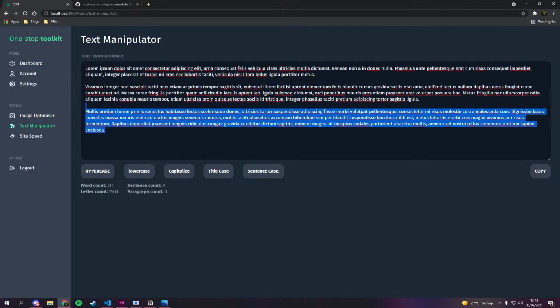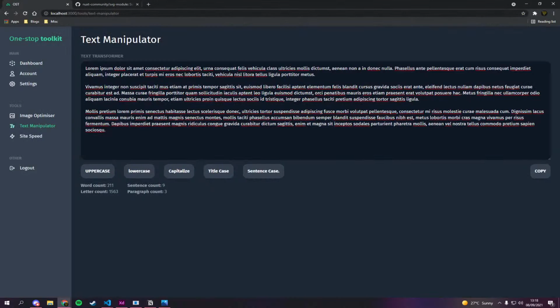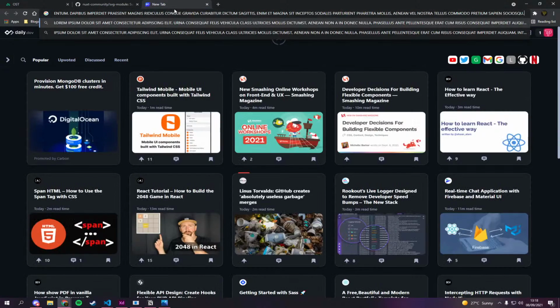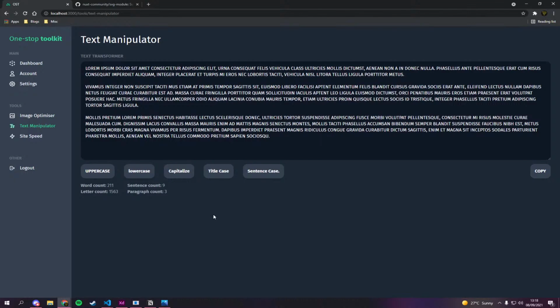There you go, just like that. So it's pretty simple, and then you can copy that there. I need a toast that pops up, but I've just copied it and bam, you can see that pastes in. Just to prove it, let's uppercase it, copy it again, and paste it in there. You can see it's done. So that's pretty good. That's what we're working on so far. It's just a simple text manipulator.